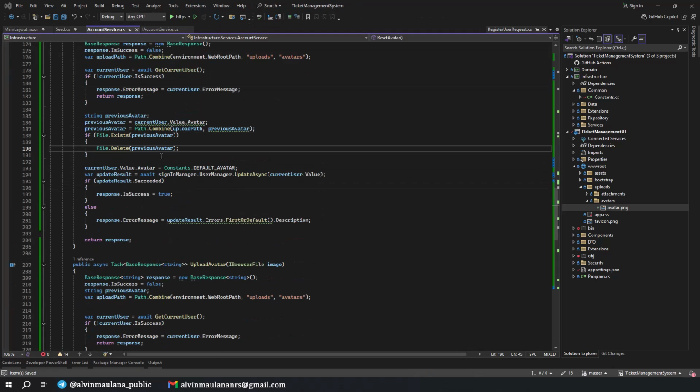And actually, I forgot, because if the previous avatar is the default, we will be deleting our default avatar here, but it should not be able to be deleted.